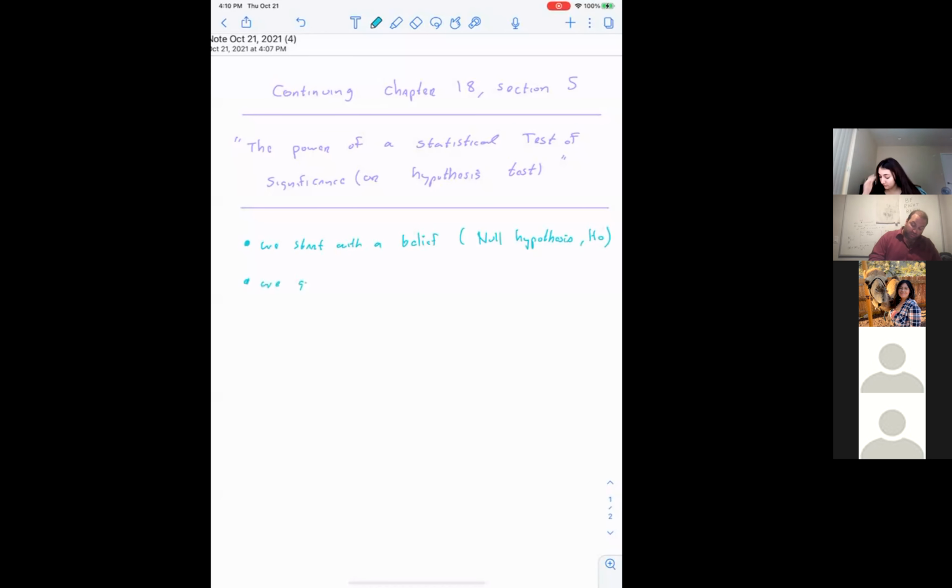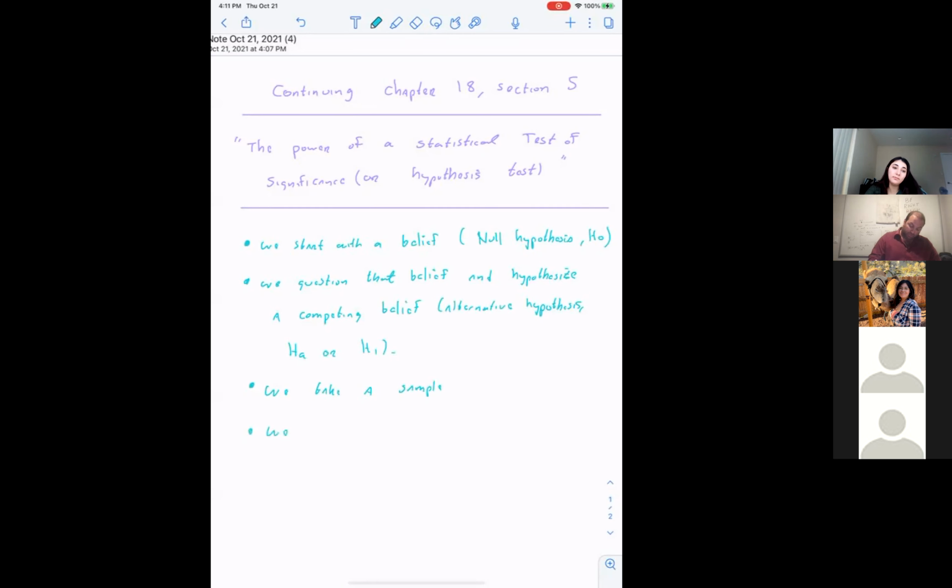We question that belief and hypothesize an alternative, a competing belief called the alternative hypothesis, either HA or H1. And then we take a sample